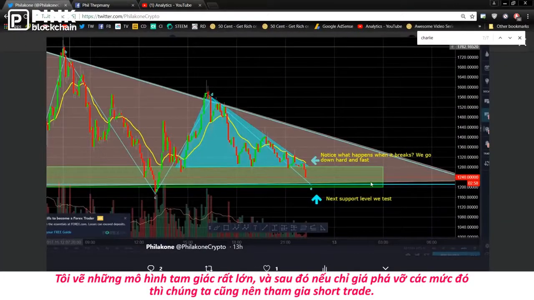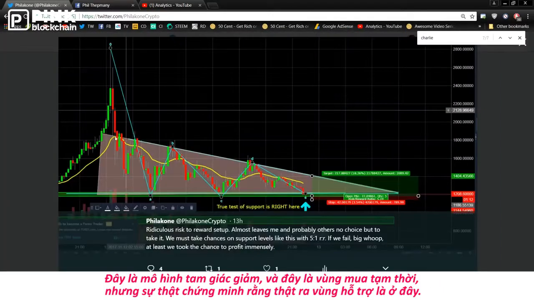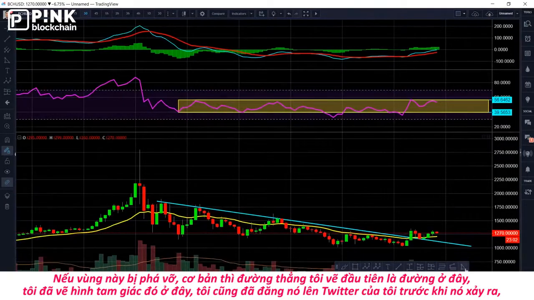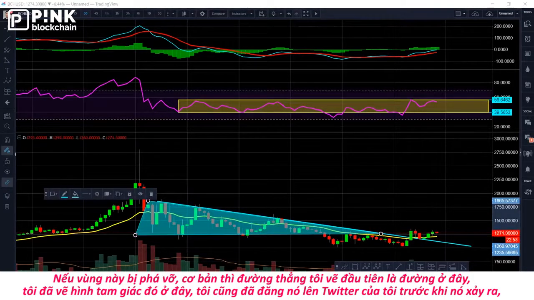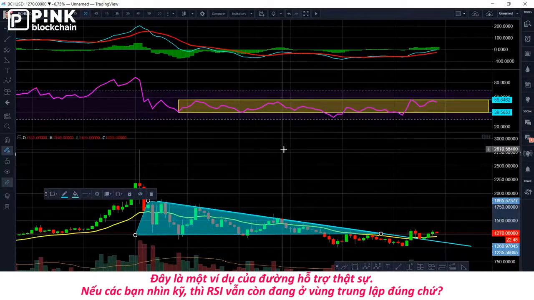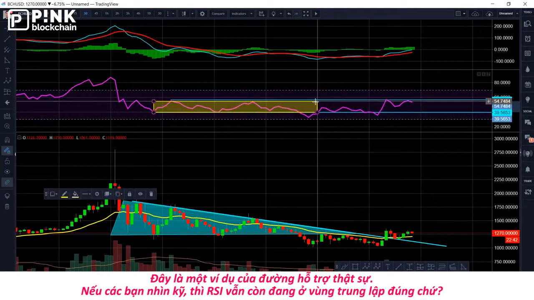I kept drawing a really big triangle, a big triangle like that, and if we broke it, that was the signal to go short. Right here, this is the big one. I drew a descending triangle. This was a buy zone temporarily, the true test of support right here. And if we broke that, basically what I drew first was this right here. I drew that triangle right there, indicating on my Twitter as well before it happened, this is the test of true support, and it also happens to be where, if you guys take a look, the RSI